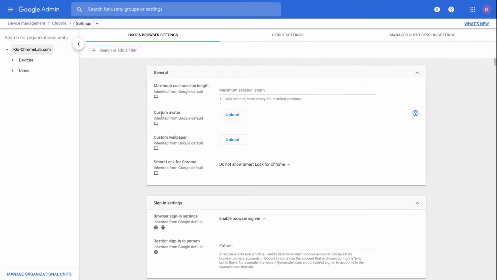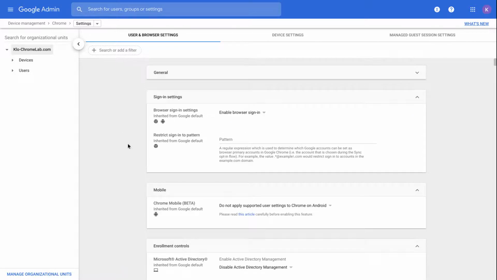On the general section, you have some basic settings regarding avatars, wallpapers, and so on. The next is sign-in settings. You have the possibility to restrict and determine which Google account can be set as browser primary account on Chrome. For example, if I add my domain name, the value will restrict sign-in to accounts in this domain. Could be a security point for a cloud worker population, for instance.